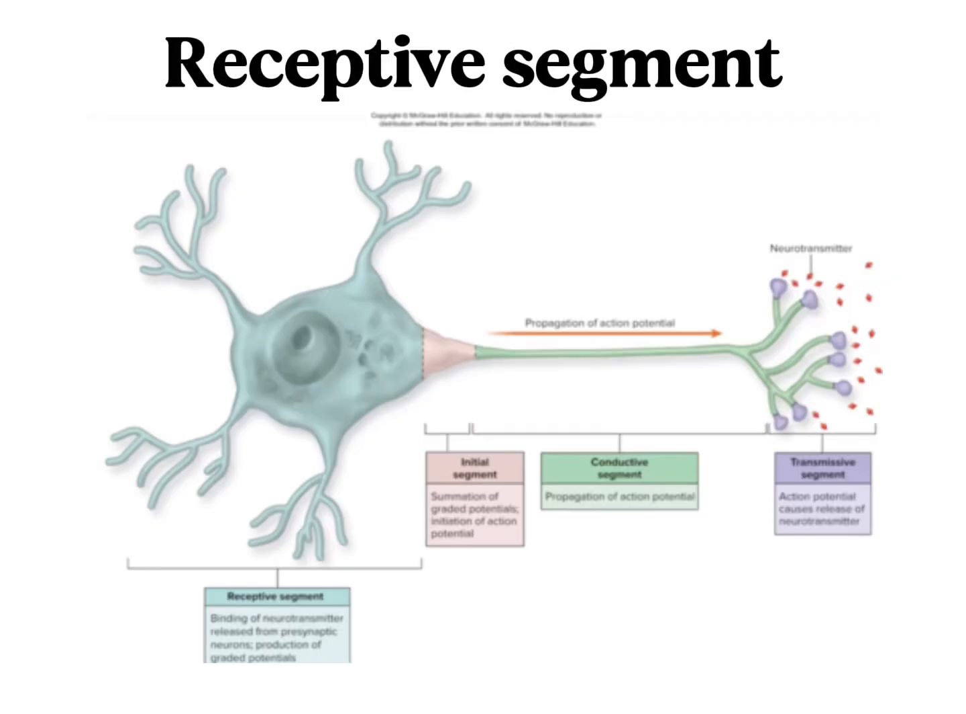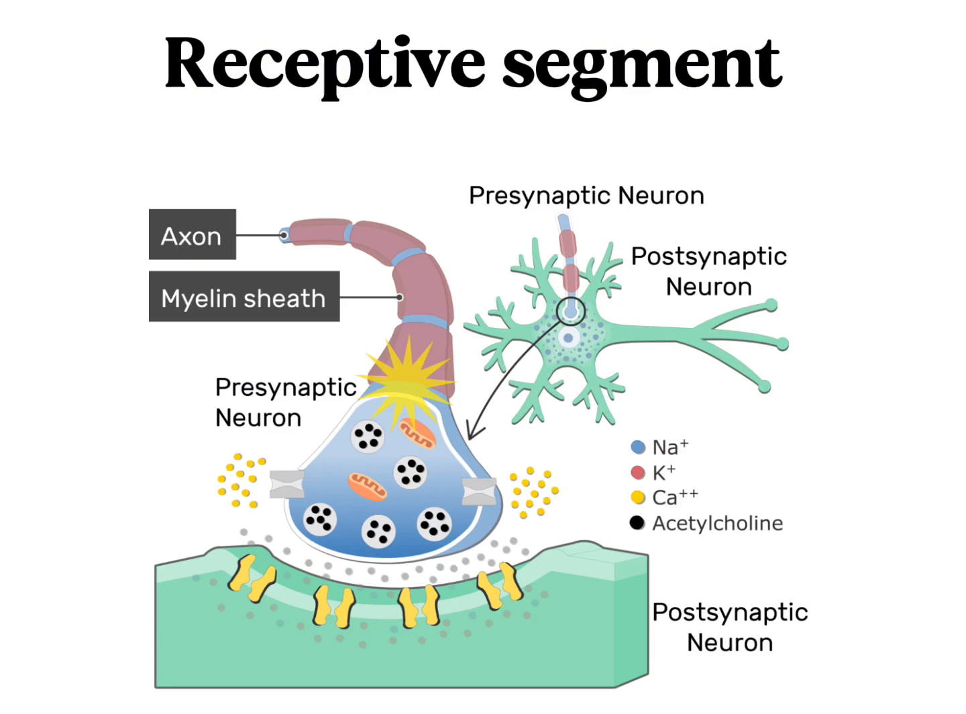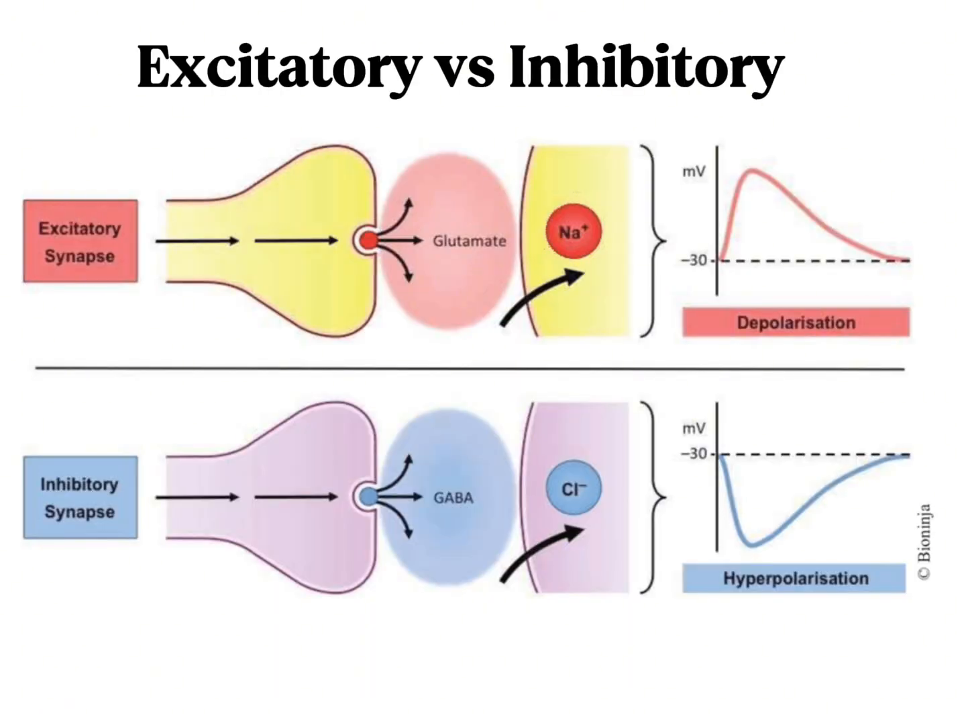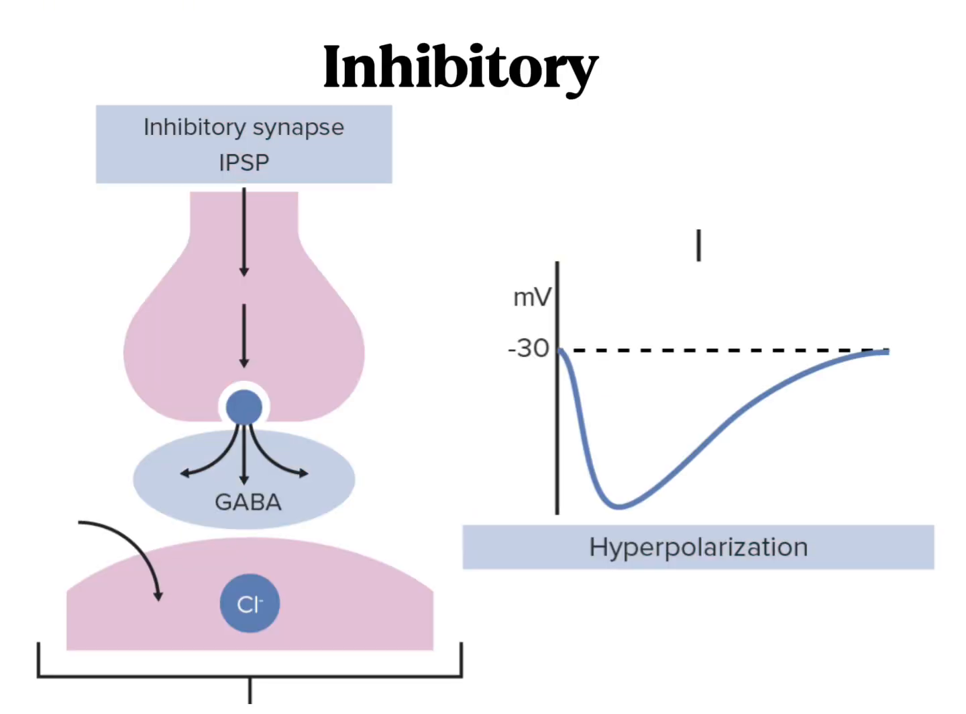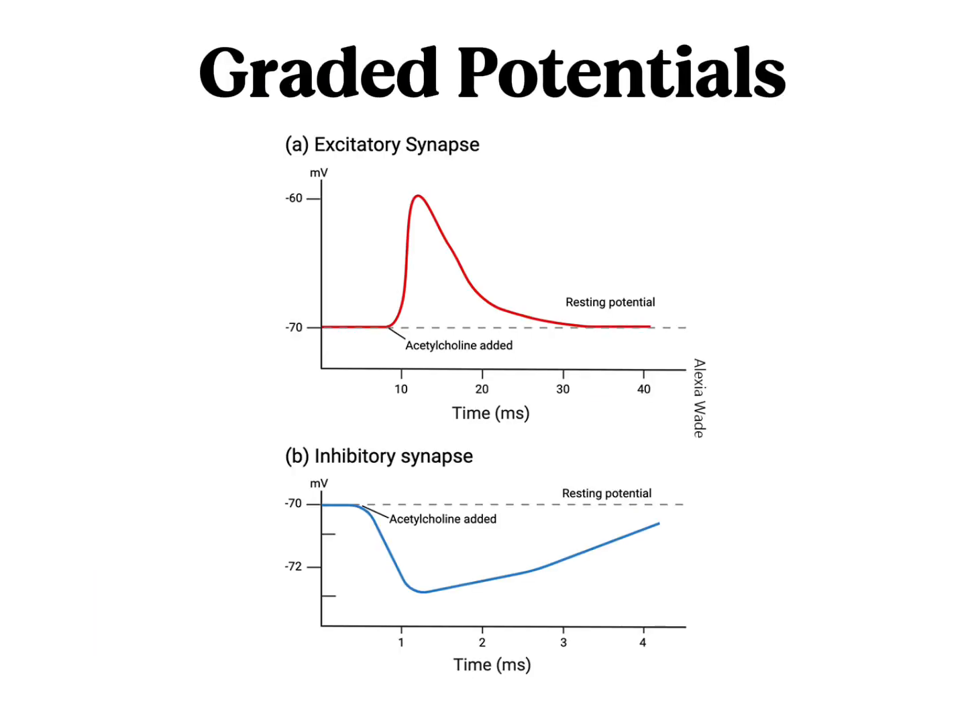Next, the signals from other neurons arrive at the receptive segment, the dendrites and the soma. Chemical messengers like acetylcholine bind to the receptors and generate postsynaptic potentials, and these can either be excitatory or inhibitory. Excitatory makes the inside less negative and increases the chance that the neuron fires. Inhibitory makes the inside more negative and it tells the neuron to relax. These are called graded potentials because their strength can vary, kind of like how angry someone gets depending on how